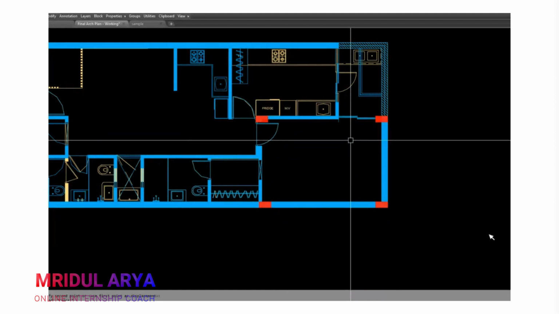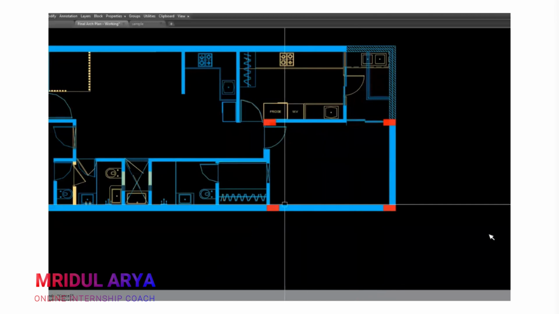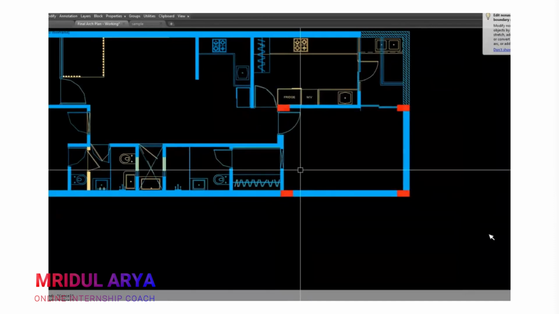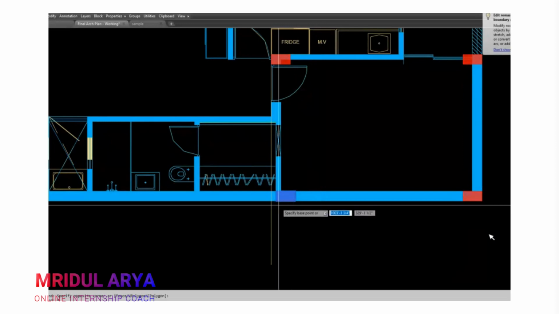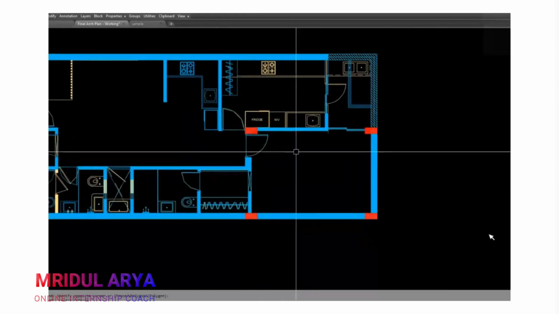I'm not trying to place columns randomly because I will try to reduce the moments and torsion on the beam. Okay, the more your beams rest on each other, the more torsion and moments will occur. Okay, the more critical your beam will be. So you will always try to bring down your beam directly to your column wherever possible. Okay, so looks like there is something that is not aligned. So I will just align this column to this.